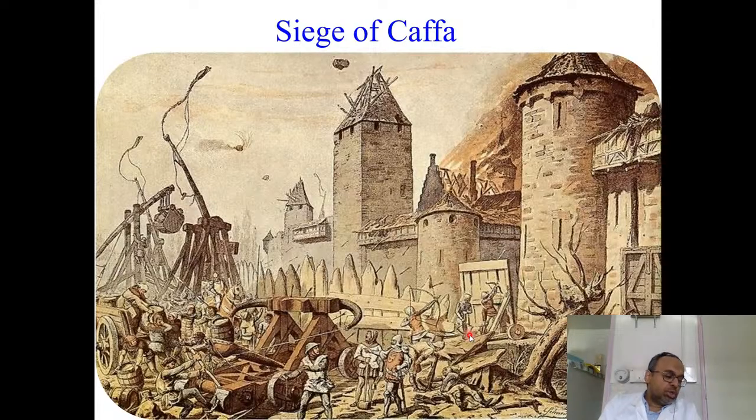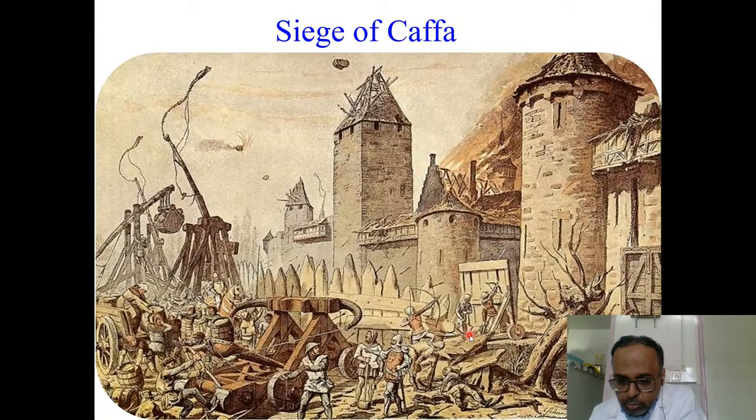One day, soldiers and officers went to the commander of the Mongol army and told him that some of our soldiers are dying from plague. Plague was very well known to Mongols because before the occurrence of plague in Europe in the 14th century, East Asia, including Mongolia, had experienced limited outbreaks of plague. So they were very familiar with the disease, and they knew that this is a contagious disease, especially when there are a lot of people gathering in one region. It's very likely for the plague to be spread.